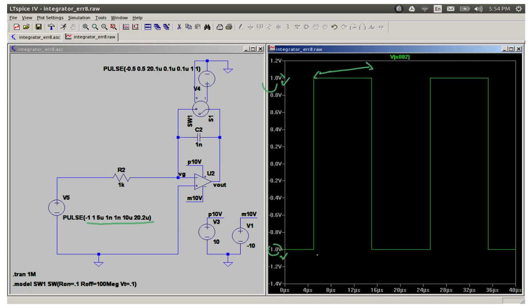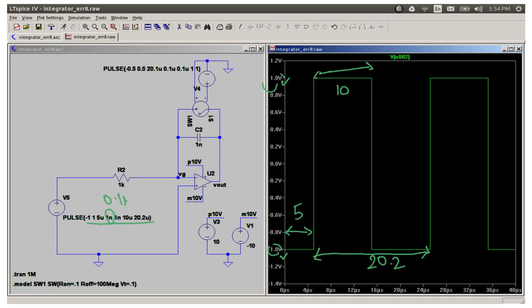and 20.2 microsecond. Okay, wait. So this is not, oh sorry, 5 microseconds was the delay, that's this one. That's 5 microseconds, this is 10 microseconds, and the period is 20.2. Why was the period 20.2 again? Well, the reason was that I had the rise and fall time earlier of